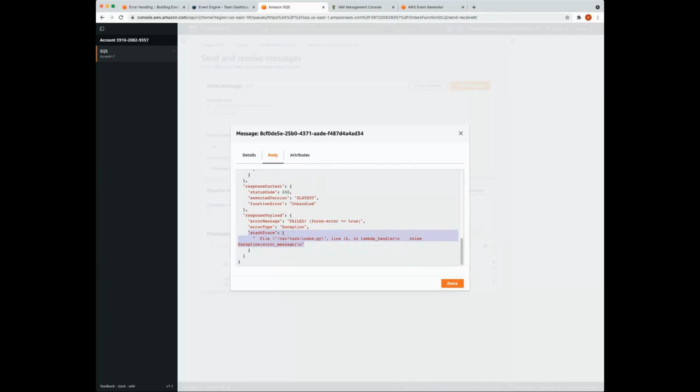And there you have it. So we have very quickly configured two destinations on a Lambda function. We showed what happens on success: we configured a CloudWatch log group to collect that data. And on failure, well, we didn't configure the queue, it was already there, but we set up the function to push that context data about that particular invocation into an SQS queue.